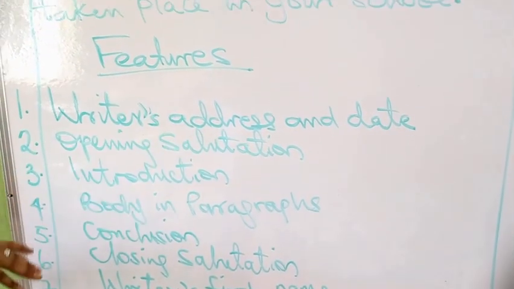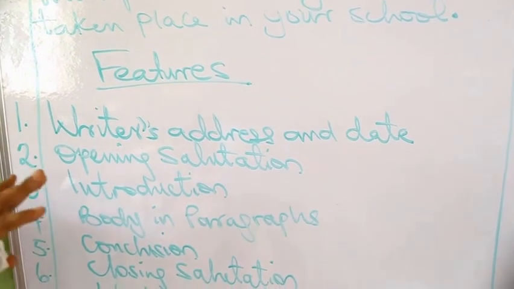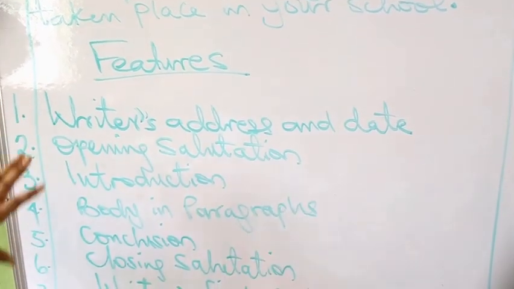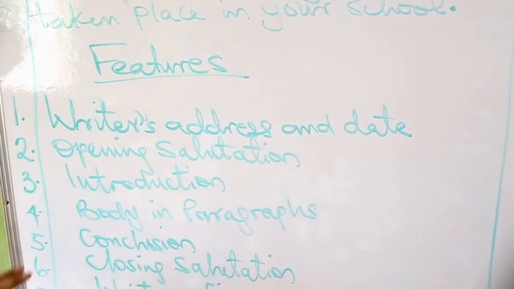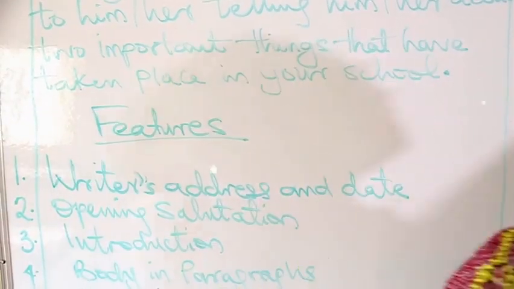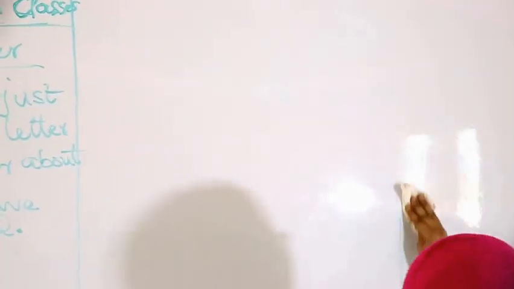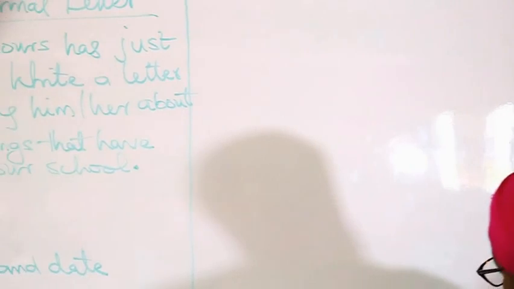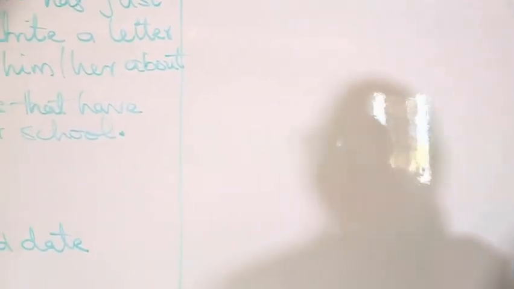Fine, I just listed this out because I'm going to have a sketch on the board to elaborate more on the features of an informal letter. Now let's elaborate on this very topic on the board. The first step, which is under the features, is the writer's address.